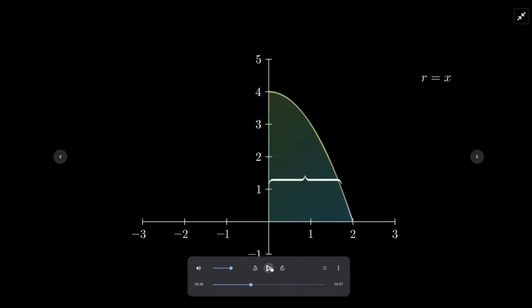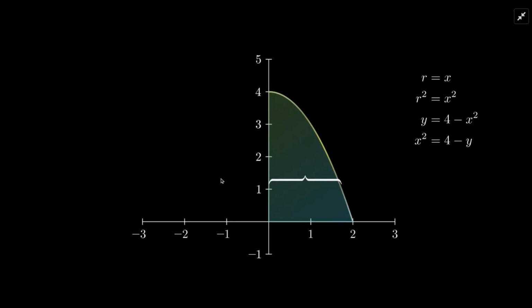So the radius of each coin can be measured by the value of x. Whatever the x value is, that's the radius of the coin. So there's an example of one coin at y equals 1. And then we need r squared, so let's write r squared equals x squared. And then, because we're going to do the integration in terms of y, because we're using dy as our change, I want to put x squared in terms of y. That's quite easily done. We just take the function there, rearrange it, and we get x squared equals 4 minus